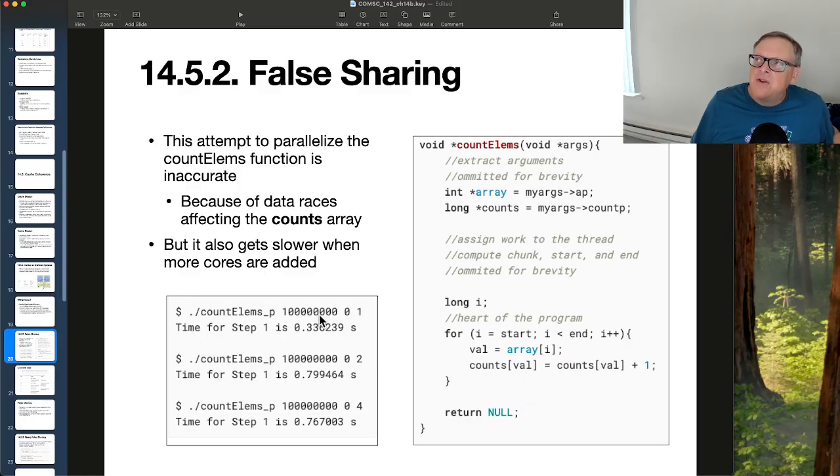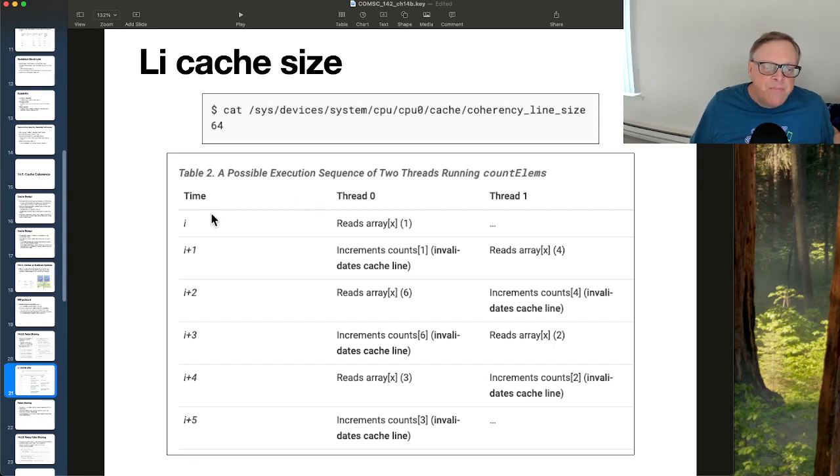And the other thing is that not only did this give you the wrong answer, this version of a parallelized program actually gets slower when you add more cores. 0.3 seconds at 1 core, 0.8 seconds at 2 cores, 0.8 at 4 cores. And the reason it gets slower when you add more cores is because the first thread will read the array, then it will increment the count,